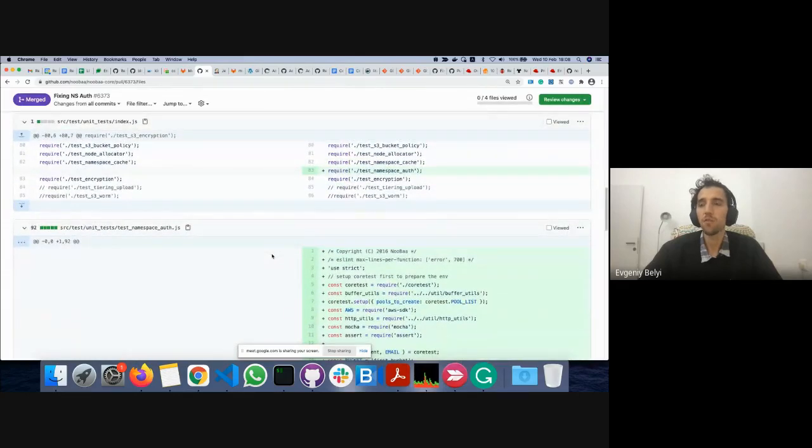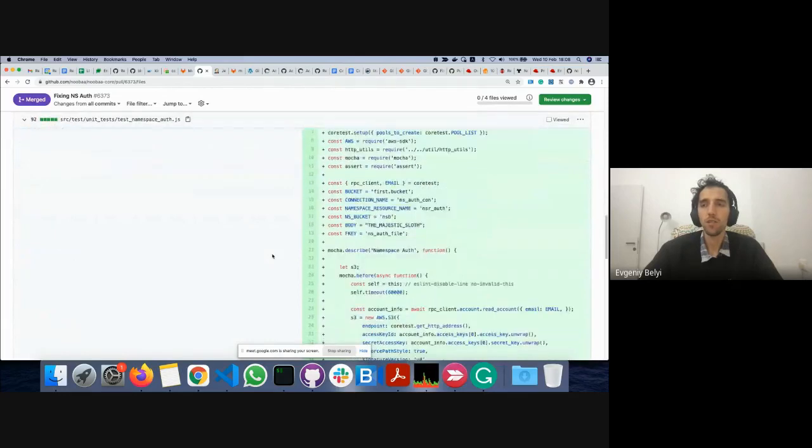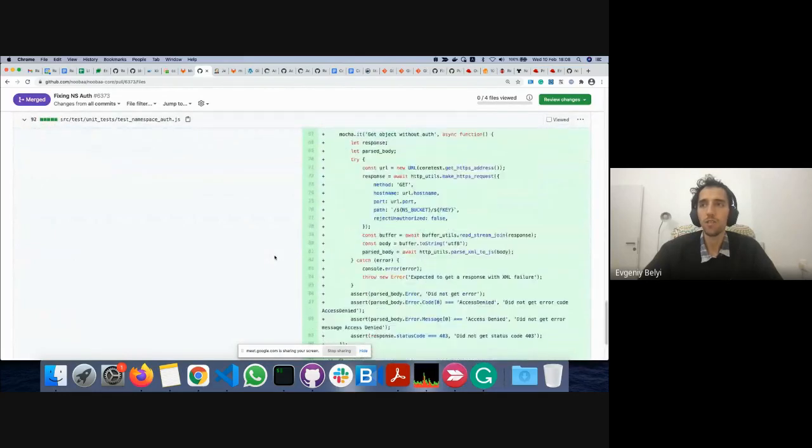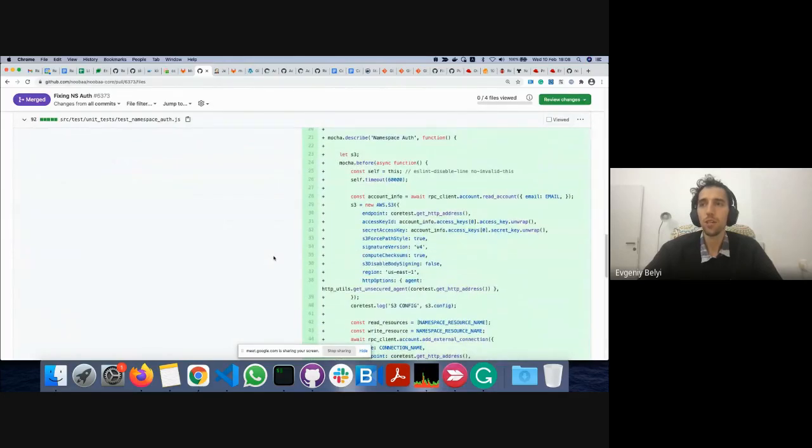It is a simple unit test right now. Basically, it creates the namespace bucket and then uploads an object, tries to read the object using the credentials, and then tries to create an anonymous request using the request library in order to see if we receive an authentication error.